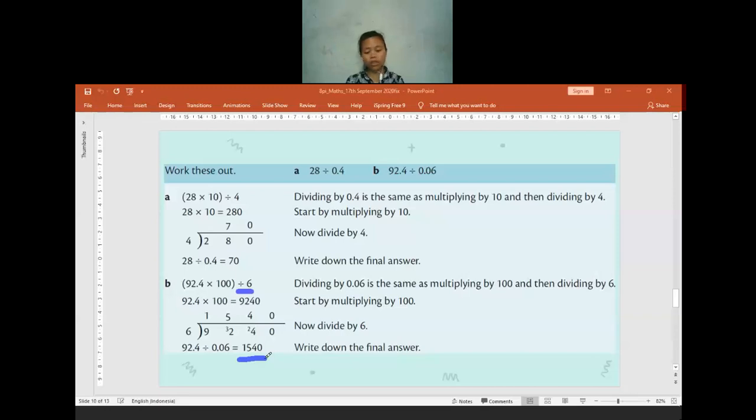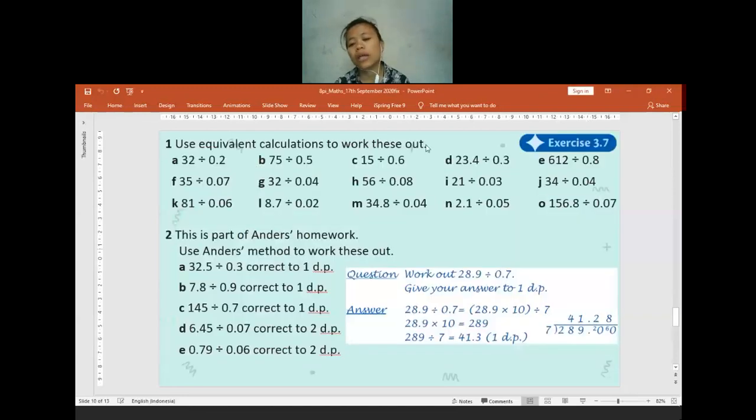Any questions so far, or maybe my explanation is too fast? You get confused? No? No question for sure? If you have no question, let us finish the exercise 3.6 or 3.7. Let us solve this exercise. It's in your textbook. You can try to do it by yourself first. Or do you want me to directly discuss it? Okay, maybe I will discuss question 1 first. Oh, wait. Some of you already tried to answer it.